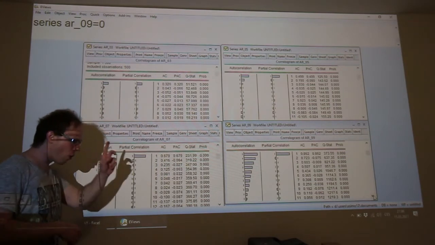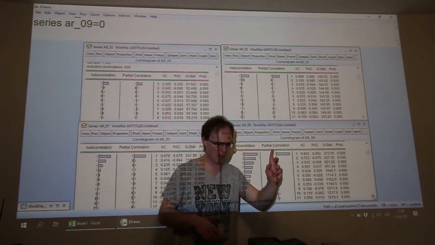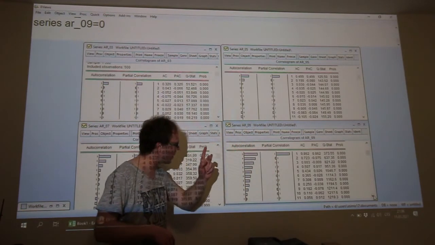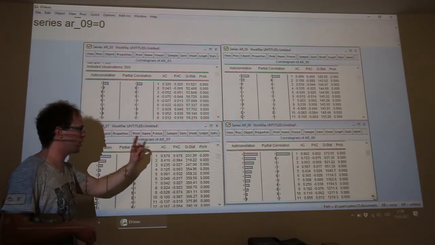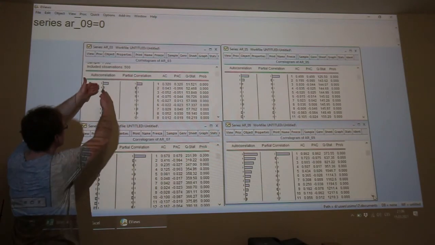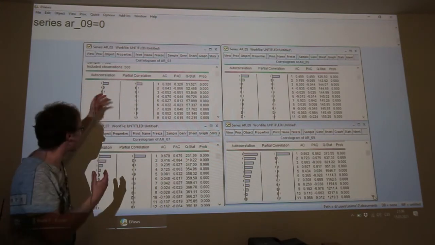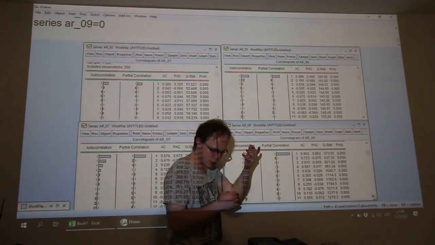And the order of the autoregressive process is determined by the number of significant coefficients of the partial autocorrelation function. So you can see the toleration bounds. Yes? In all charts you can see toleration bounds.